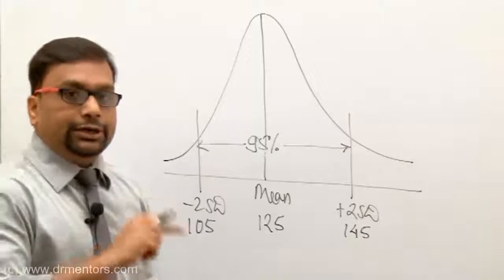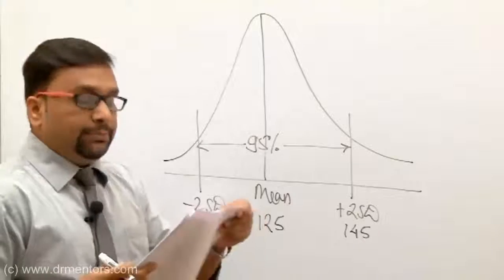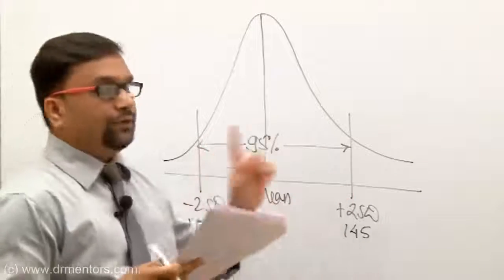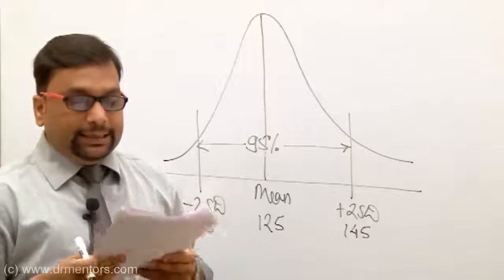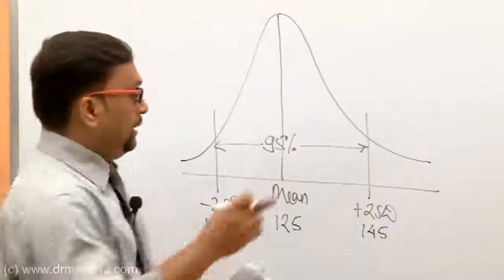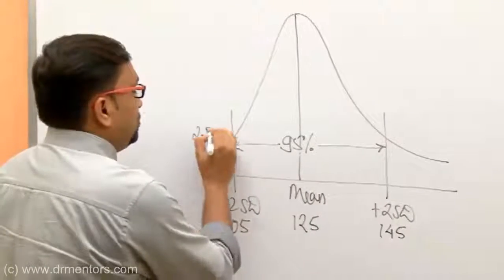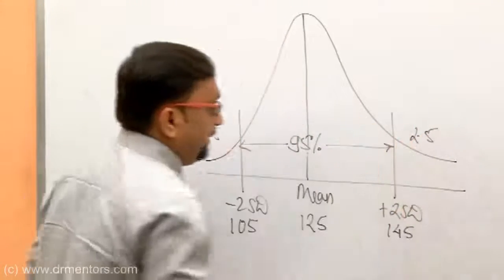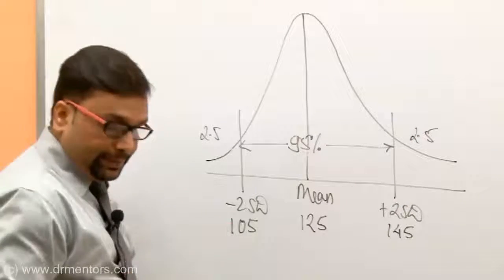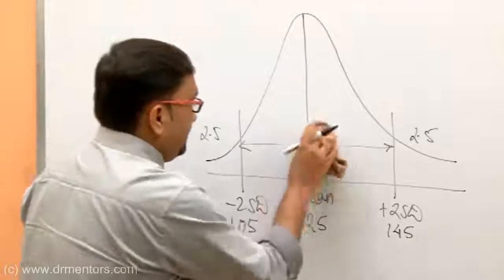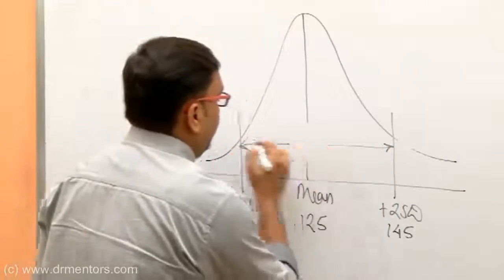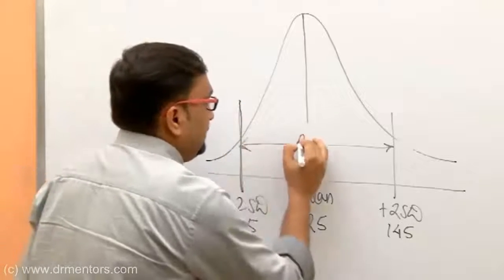This calculation was already depicted in the previous question, but here in question number 6, they are not asking for the 95% confidence interval, but they are asking that 95% of the patients will have their blood pressure above. Now when this is 95%, this becomes 2.5 and 2.5, let's make it 100%. But now here they want 95% above the limit, and so I have to change this diagram, since I want 95% above this line. See how I am doing it.